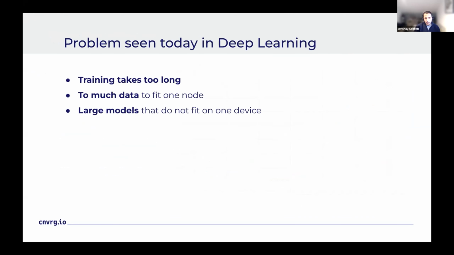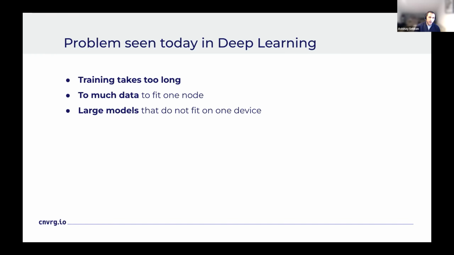So what are the problems we've seen today in deep learning? One of the major challenges is dealing with large amounts of data and complex computation. Training can take a significant amount of time, especially with large data sets and complex models. Additionally, there may be limitations on the amount of data that can fit on a single node, requiring distributed computing.